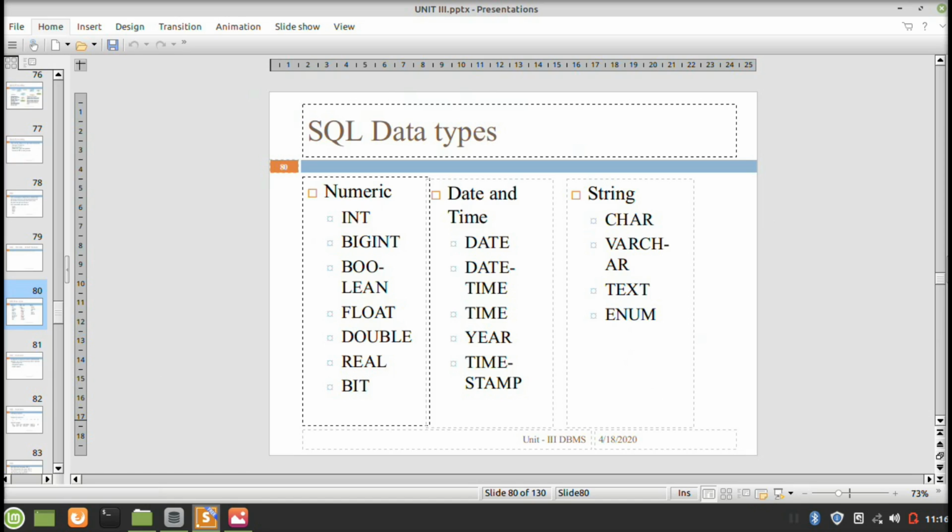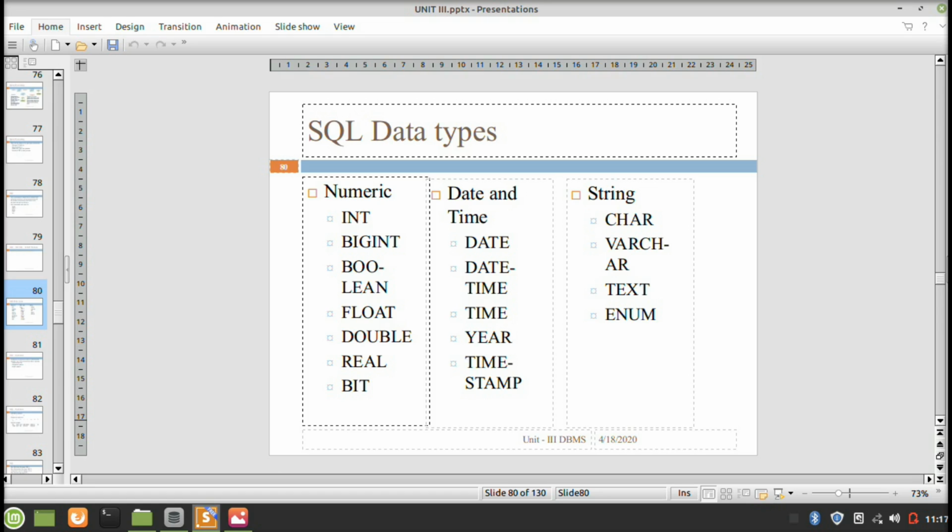SQL has different data types. We can put them into broad categories of numerical data type, date and time data type, and string data type in SQL. The numerical data type will contain integer, big integer, boolean, float, double, real, and bit.